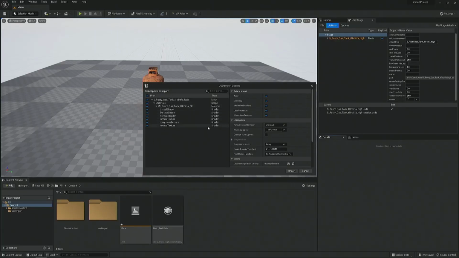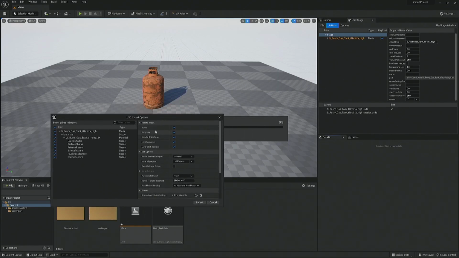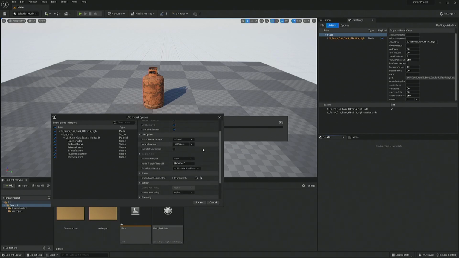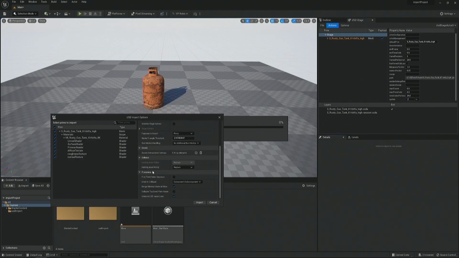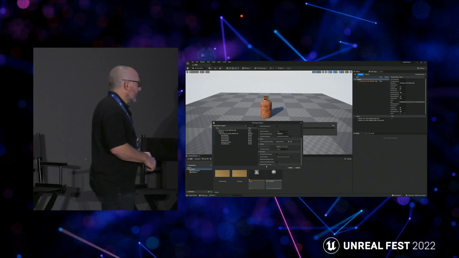So there's the import. Then it'll show you all the things that you want to import, and I'm going to turn it off here, but the actor. If you turn off actor, when you import it, it imports straight to the content browser, and so it's not going to show up in the level that I'm looking at. So I'm bringing in the render context, which is going to be universal. If there's an Unreal attribute on it pointing to the material, and if that material exists, it would bring it in and have that material apply to it.